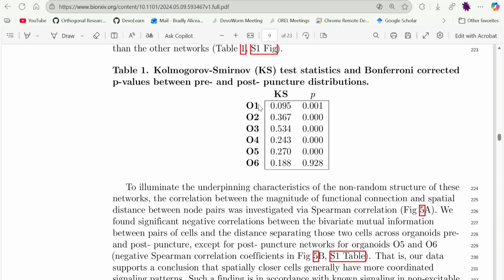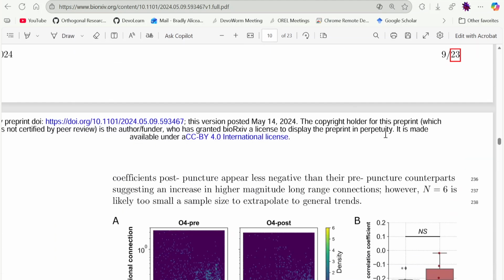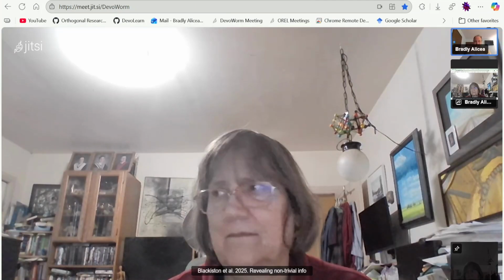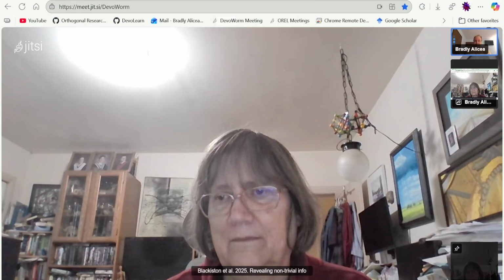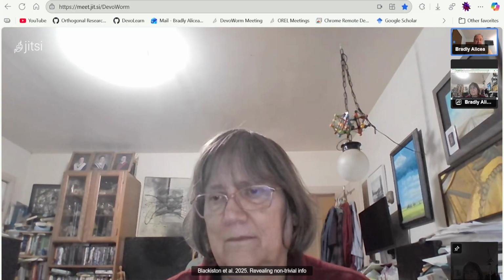And then, of course, I do some statistical tests, the Kolmogorov-Smirnov test, which is a good test for looking at long tails and how those are distributed. Okay, so this is a good paper. Like I said, this group has been doing a number of papers on looking at information processing in cellular systems and then making the analogy to neuroimaging.